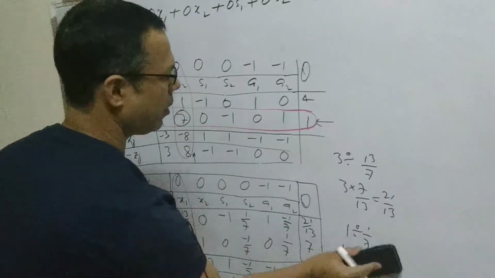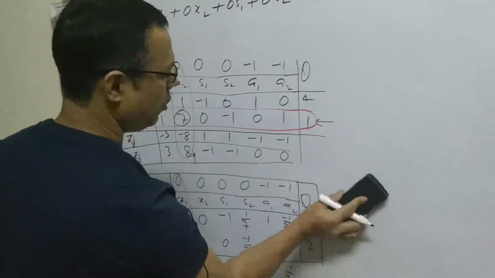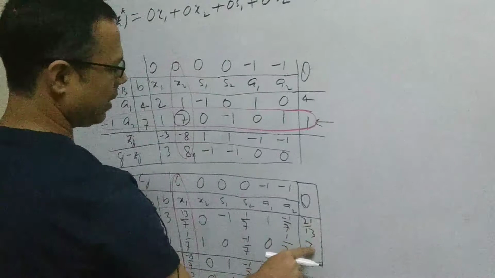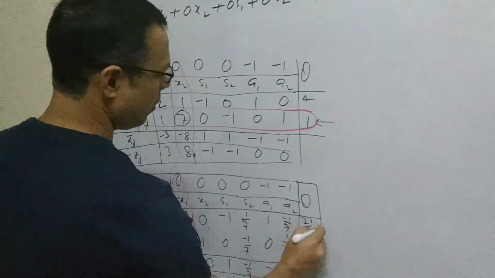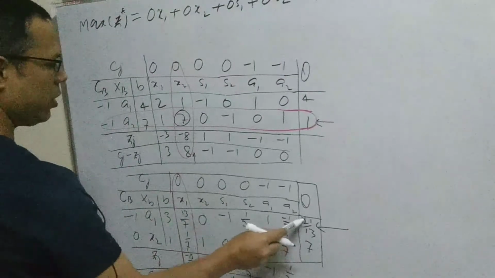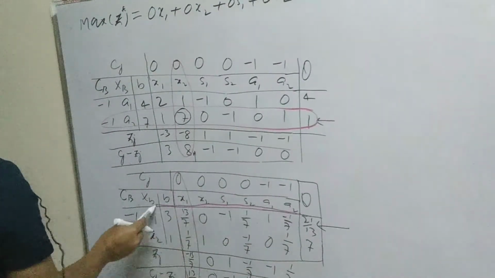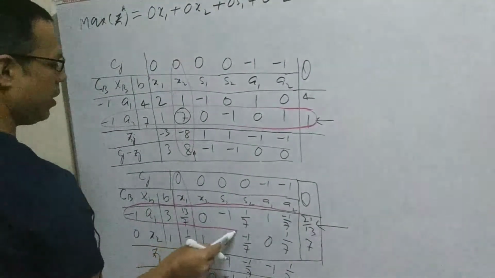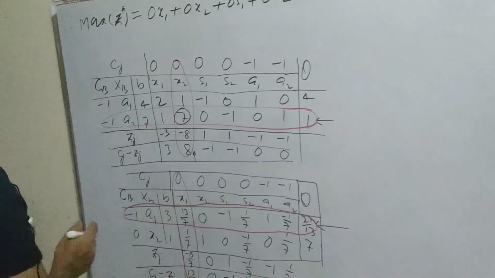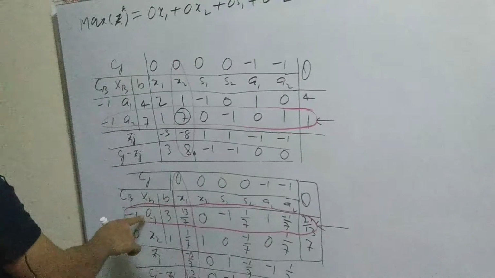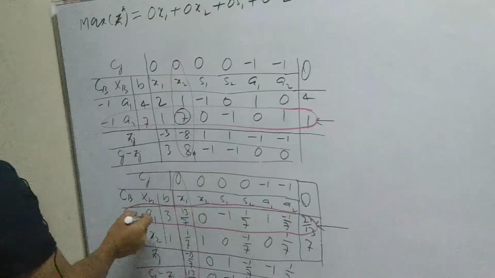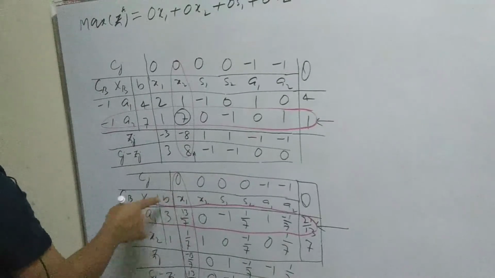Because we have got the ratios and we need to compare which one is going to give the least positive value. So 21 by 13 and 7. It means here we are going to get the least positive value. It means this row's variable is going to enter into the basis. It means a1 is going to leave the basis. So a1 is going to leave the basis and x1 is going to enter into the basis. So now we have decided which variable is going to leave, which variable is going to enter.